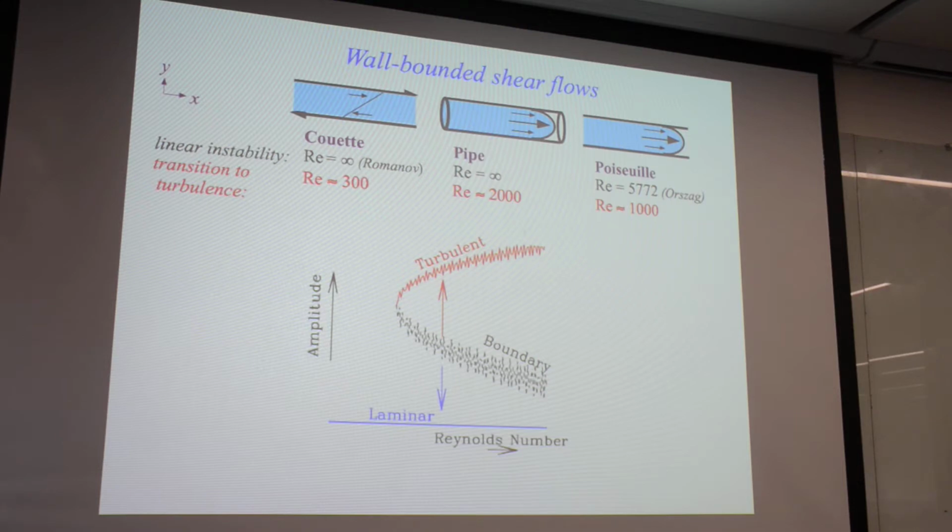In fact, mostly the first one, mostly Couette flow. Couette flow is the flow between two plates moving at different velocities. The view I've shown here is equal and opposite velocities, but you can see by Galilean invariance it doesn't matter if one of them is stationary and the other one is moving. The only thing that matters is the difference in velocities. That's plain Couette flow. Plain Poiseuille flow over on the right is also between two infinite plates, but the flow